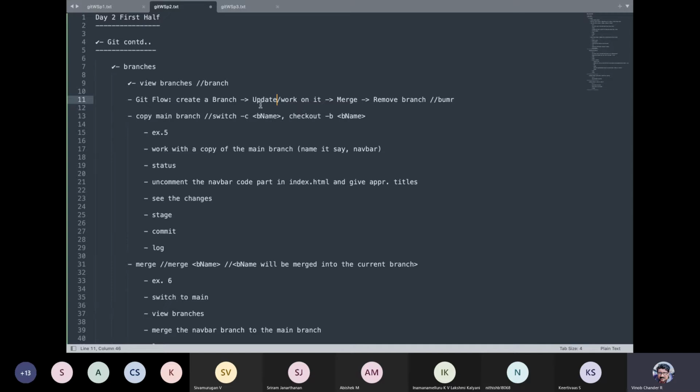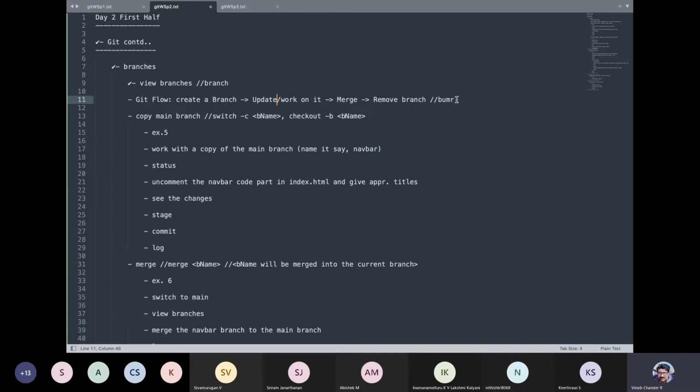right? So every character that corresponds to this BUMMER, I've just put it in capital so that you can understand. So create a branch. Branch is this B. The second part, U, is you update the branch. M is you merge the branch, which is the third step. And the fourth step in the flow is you delete the branch or remove the branch. So Git flow is essentially BUMMER: you branch, update, merge, and remove.